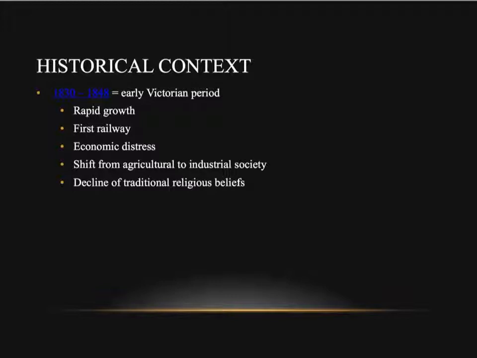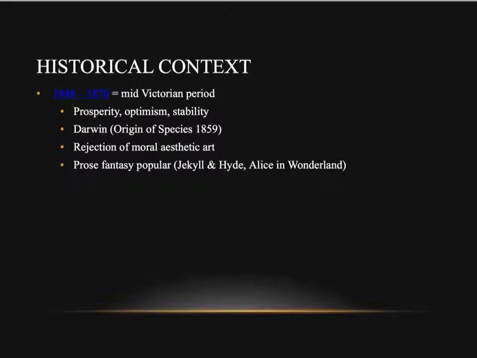They also examined the complications of forming a personal identity in a world where the social structures, therefore the strength of the church and so on, were actually breaking down. The mid-Victorian period was also not free of harassing problems, but it was nonetheless a time of prosperity, optimism and stability in the country. By the 1870s, art was starting to oppose what by now was perceived as a repressive aesthetic. Writers began to reject any obligation to produce moral art.